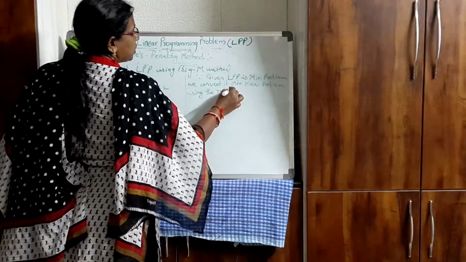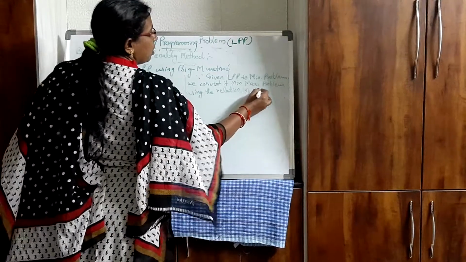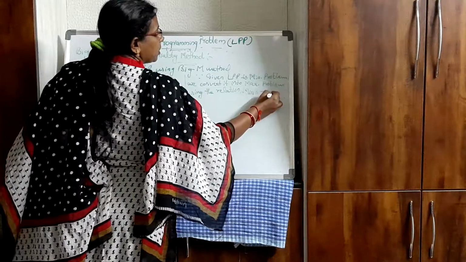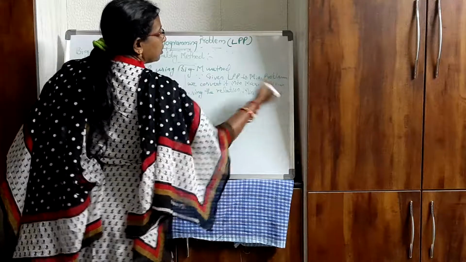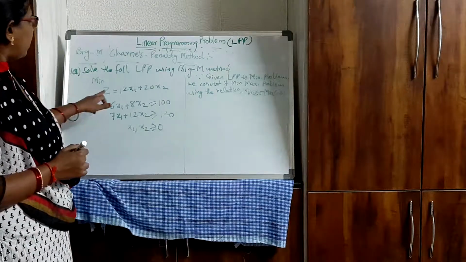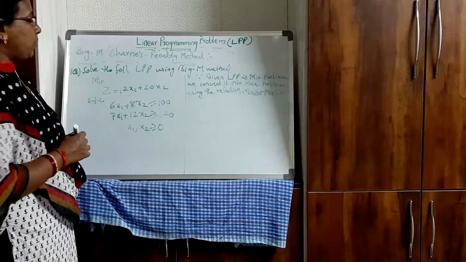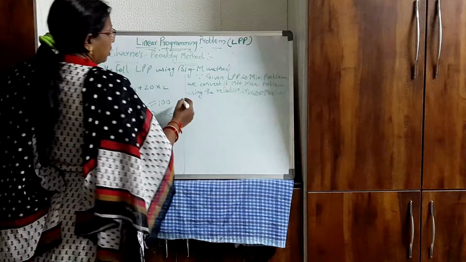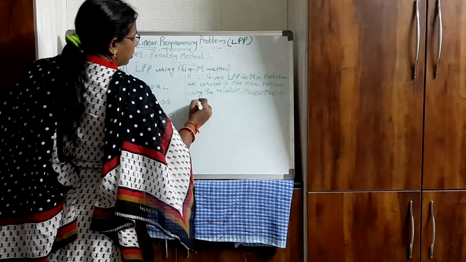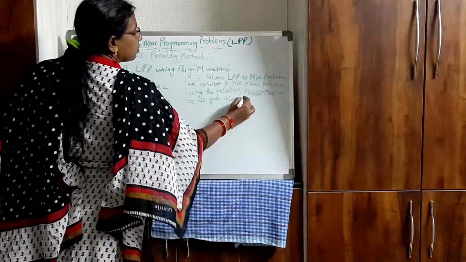So what is the relation we will be using? Minimize of Z equals minus of maximize of minus Z. We will be using this relation. So what I will write? I will take the negative of this objective function, so this will become maximization Z. So now what is the LPP? We get the LPP as